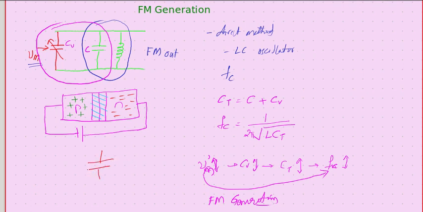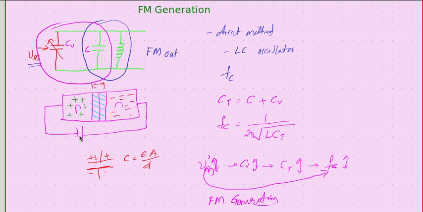A capacitor, which is in the charged sense, having positive charges on one plate, negative charges on another plate, separated by a dielectric medium. And the capacitance of this is given by epsilon A by D, where epsilon is the property of the material called permittivity. A is the area of the plates we are using, that means the cross sectional area of the diode, whereas D is the width of this depletion layer.